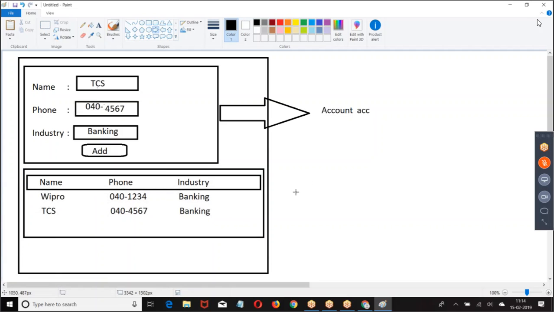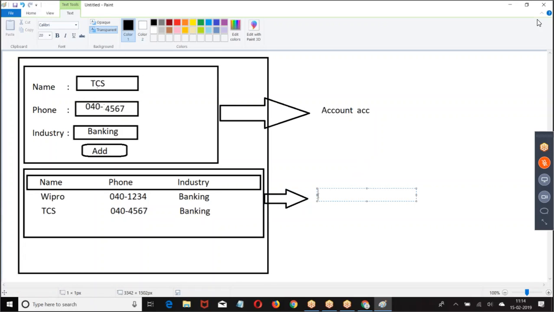List of accounts. Am I right? So what I'm doing: enter the account data, click on add, that account is added to the list. Display them on the page. One more account, add it to the list. We are creating a new element, adding it to the list, and trying to display the list.